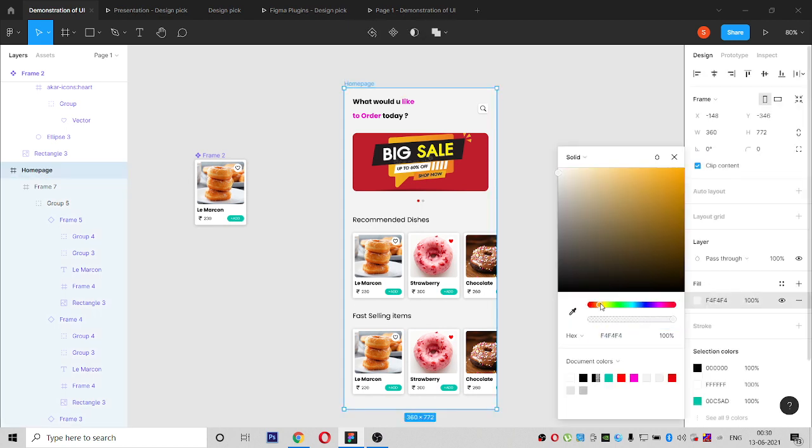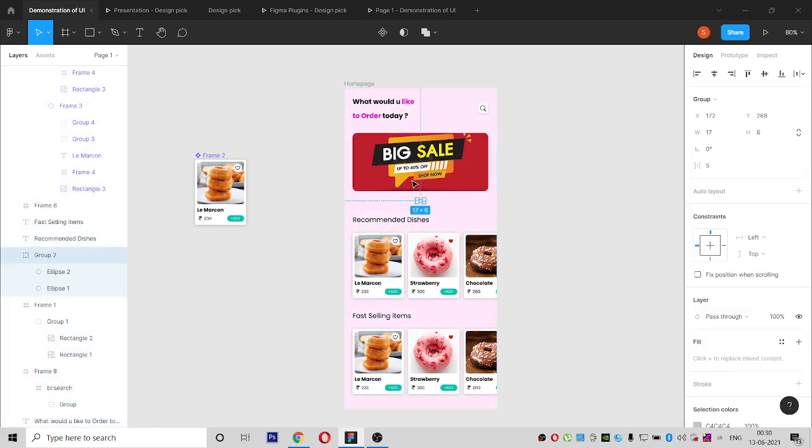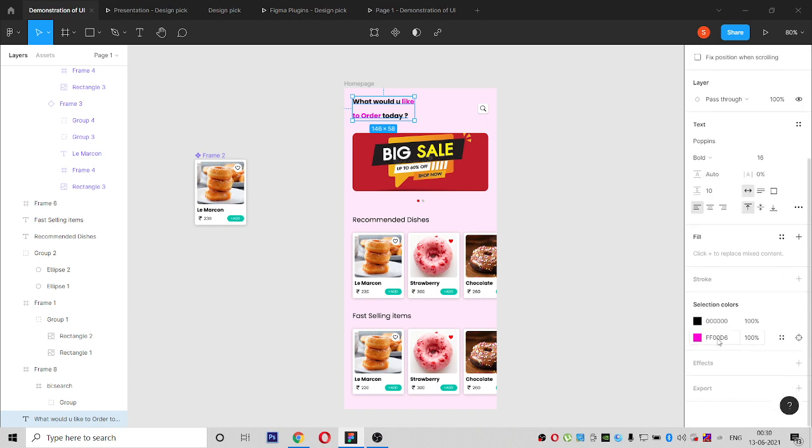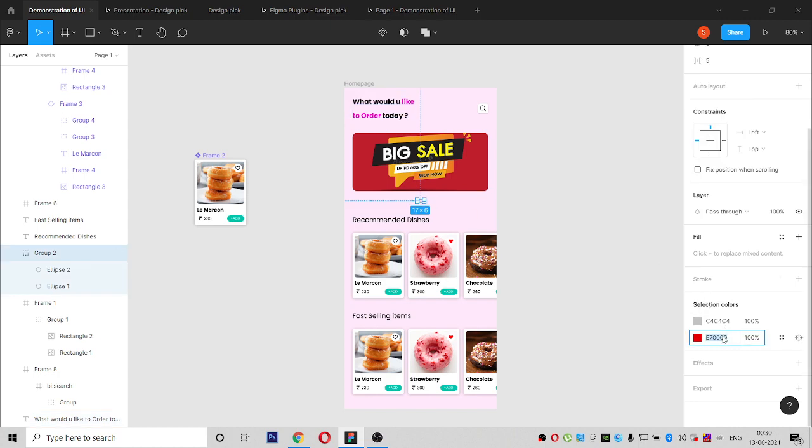Otherwise, if you want it still more colorful and trendy, we can try a very light pink and change this color. See, we have selected this text box only, but the selection color is different. So we will select this pink and use it everywhere instead of this red.